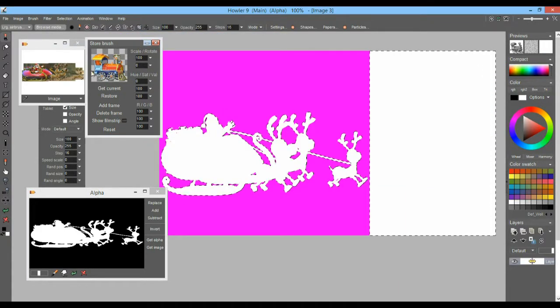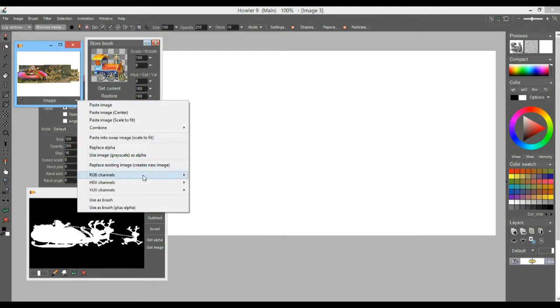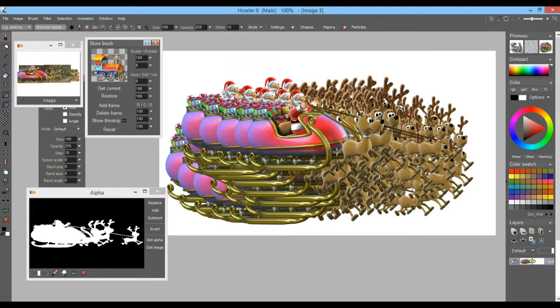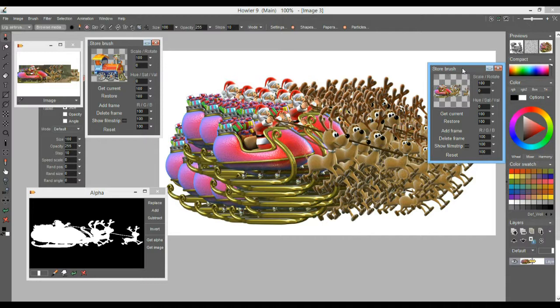Let's go and clear the image. Let's go and clear the selection or the alpha. Let's go select this brush, and also another thing is this sleigh that we had stored here. We can turn that into a brush from the stored copy. We can use it as a brush with the alpha. So now at this point we have this thing back into a nice brush, and we can go and store it as a brush. So we now have two images